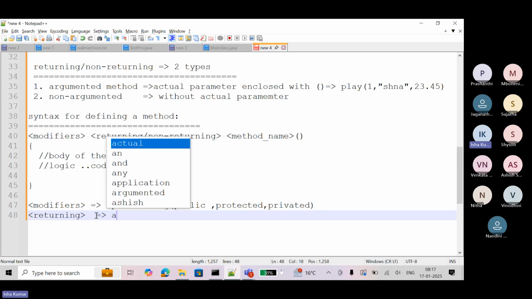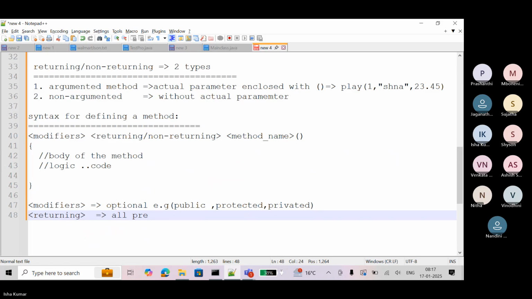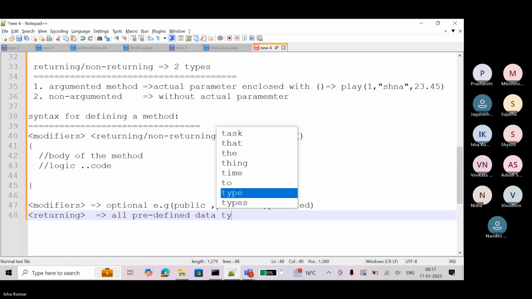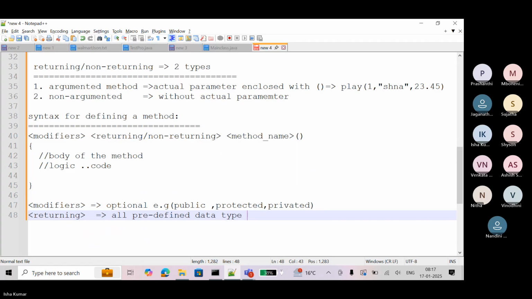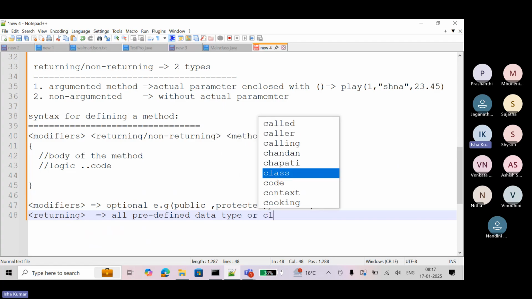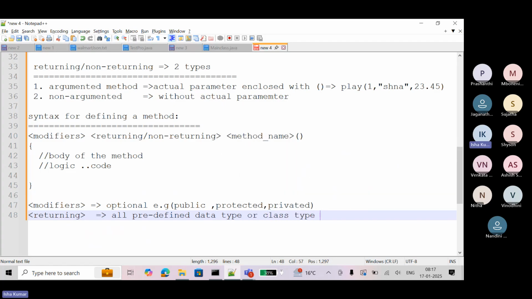You can define all predefined data types or class type as a returning type. Before the method name you can write int, float, long, boolean, everything you can write.